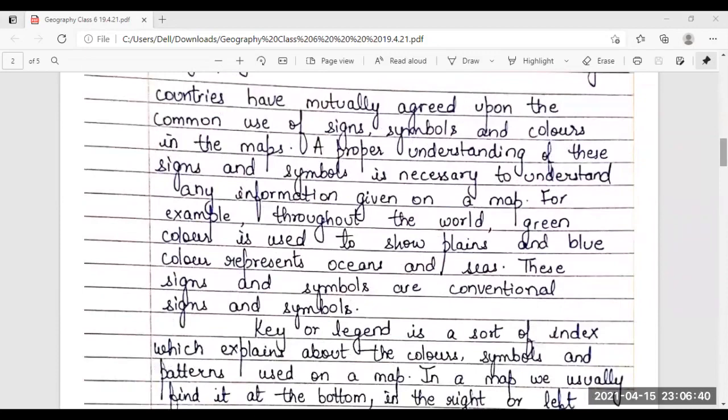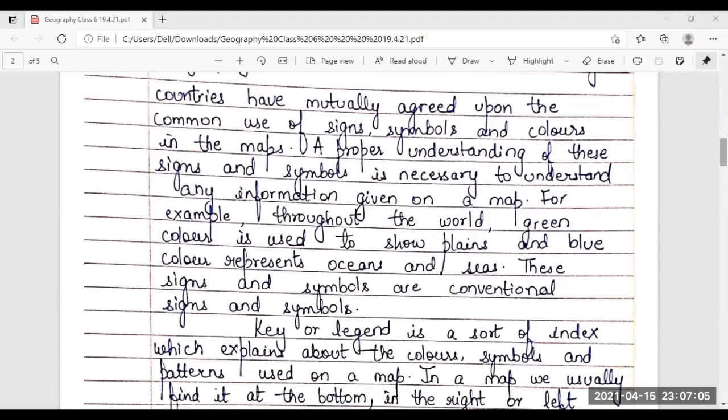Different countries have mutually agreed upon the common use of signs, symbols, and colors in the maps. A proper understanding of these signs and symbols is necessary to understand any information given on a map.